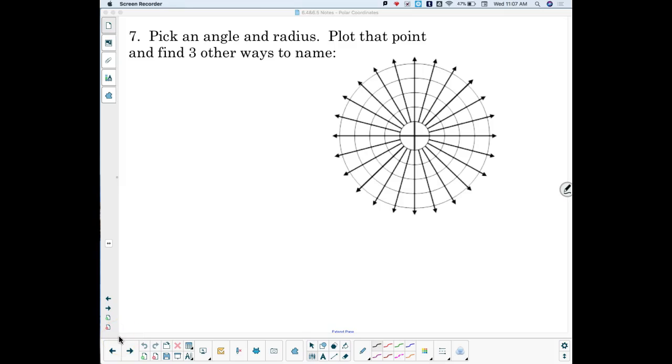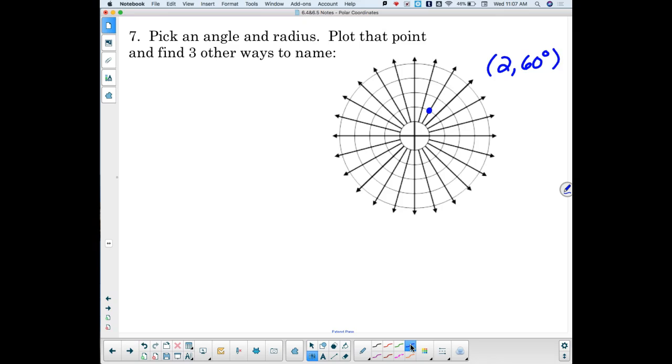Give me a better angle. I mean, 45 is good and all, but it's too easy. What about 60? We okay with 60 degrees? Still want to go radius of 2? Okay. So a radius of 2 with an angle of 60 degrees would put me right there at 2, 60 degrees,